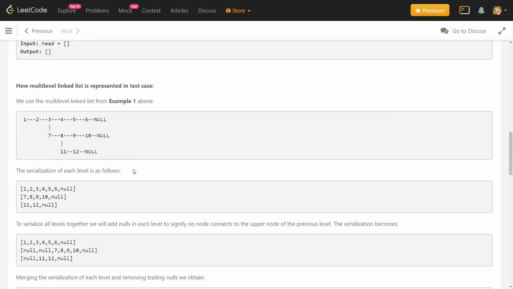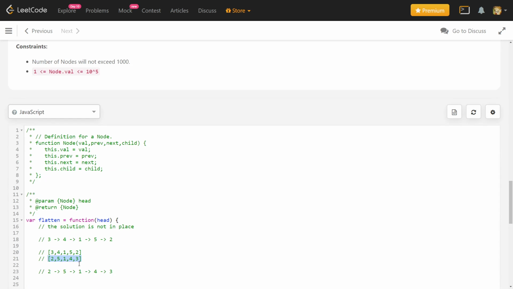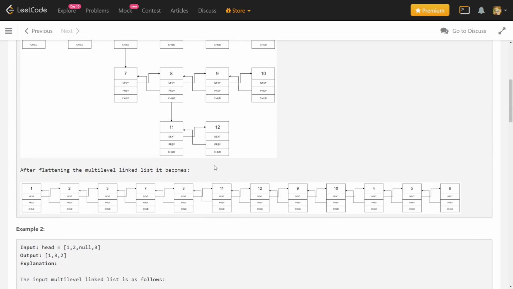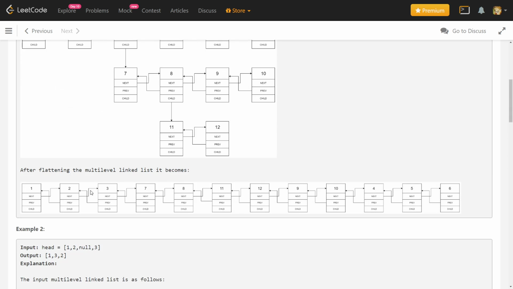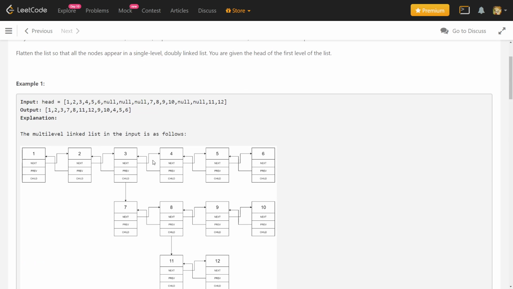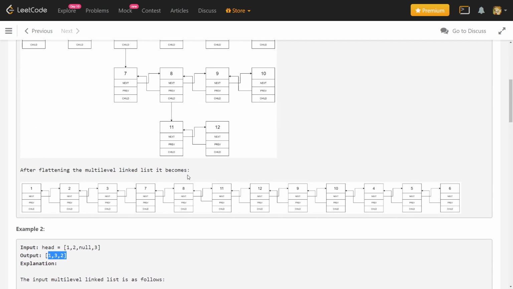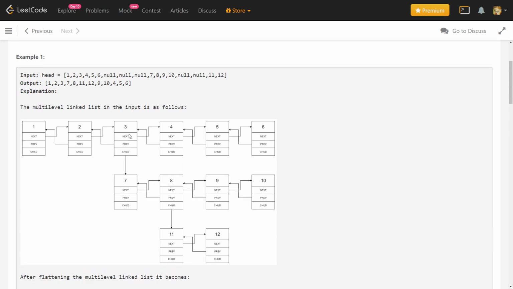Because we have a flat structure in the end, I will try to get an array which will hold my nodes in the order which is required in the answer. So if I'm solving my problem for this test case, my answer array will actually look exactly like this, and while returning it as a doubly linked list, I will just create the pointers after creating that array. Right, so that is what we want to talk about, basically how to create that array.